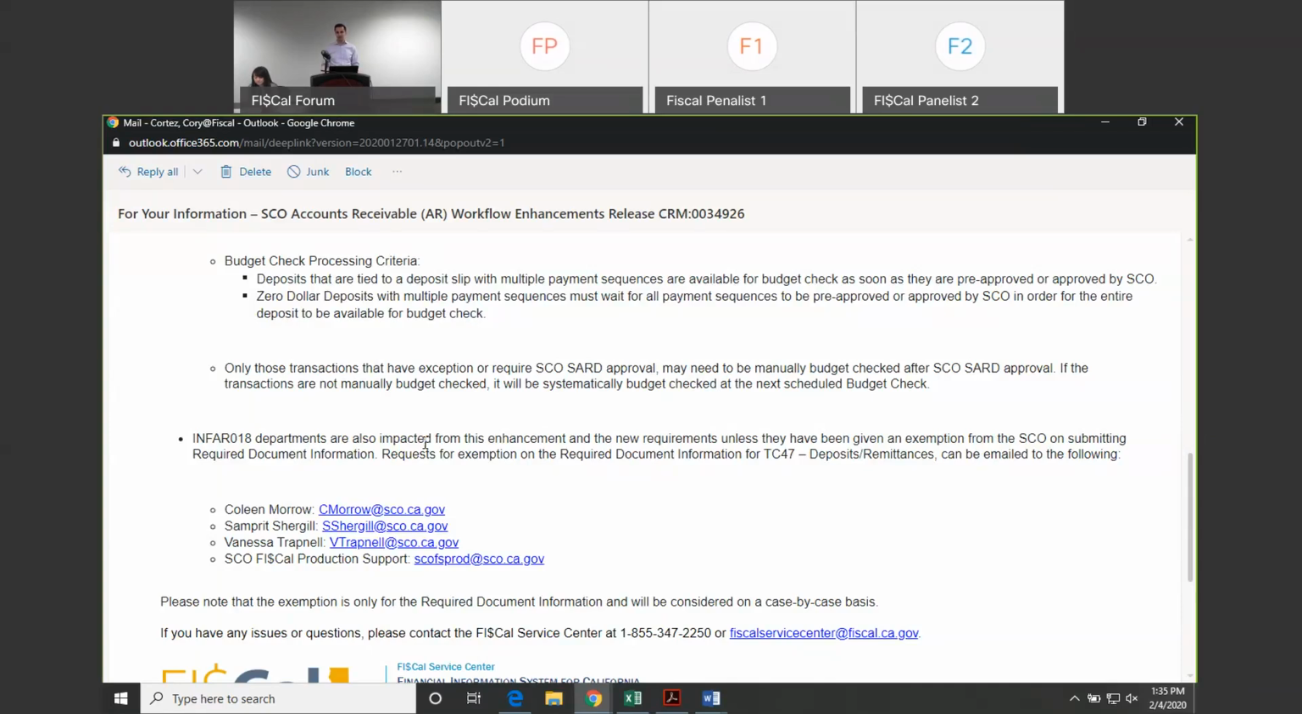So if you think there might be a concern with part of them, you might want to split those up, but you should follow your department business process. And then only the transactions that have an exception or require SCO start approval may be manually budget checked after SCO start approval. If the transactions are not manually budget checked, it will budget check systematically at the next scheduled time. And then, of course, if you are in INF AR 18 department, if you've been impacted from this enhancement,